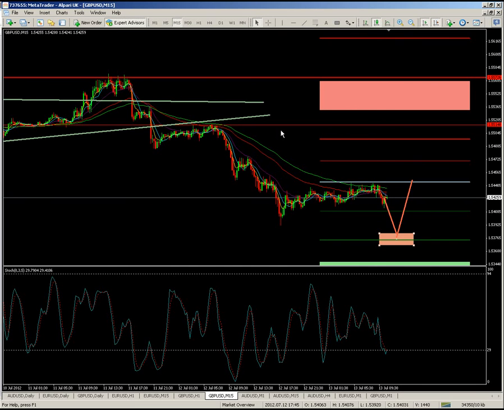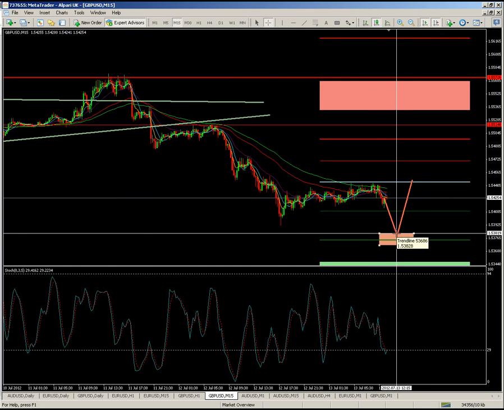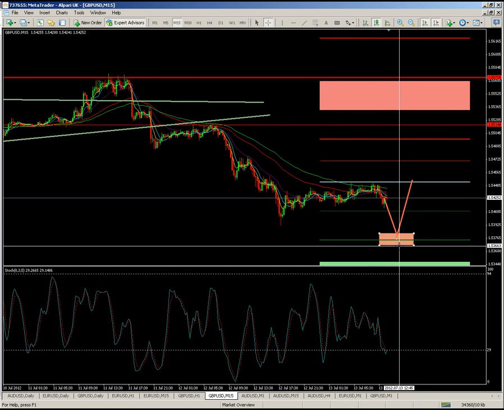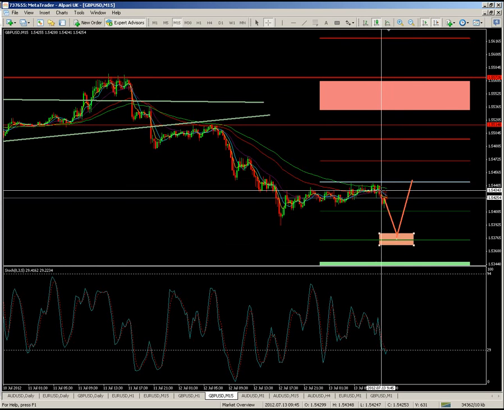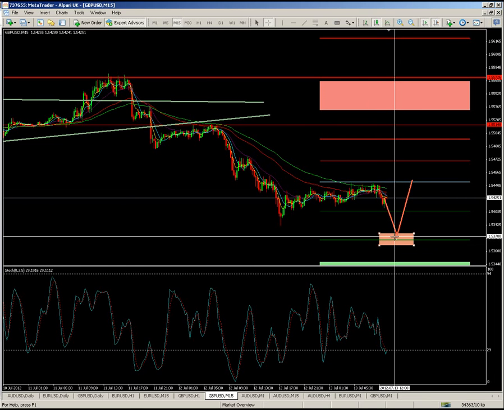Okay, so let's have a look at the trade plan for the pound. I am expecting the pound to be a bit weaker starting off, so I would like this to pop down to the 53.80 area to 53.70. Pop down to that area, which is about 40 pips down, and then I would like to look for